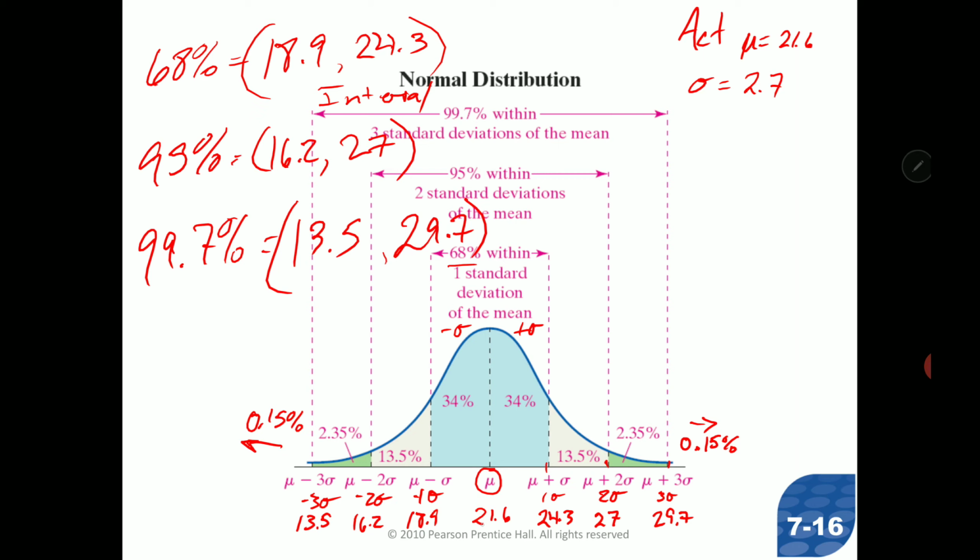We are going to be given a mean and a sigma. You have to be given a mean and a standard deviation. There's no choice on that. They're going to ask you what percent falls in between two specific numbers. So really, you just complete the chart here. You start with the mean, add sigma, and then subtract sigma, and then you have your values to find your percentages. Now they may ask, what percent